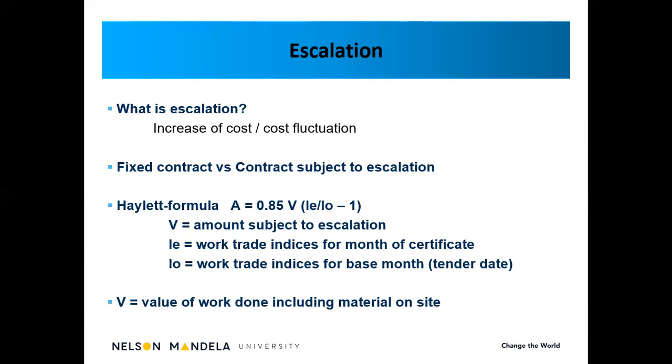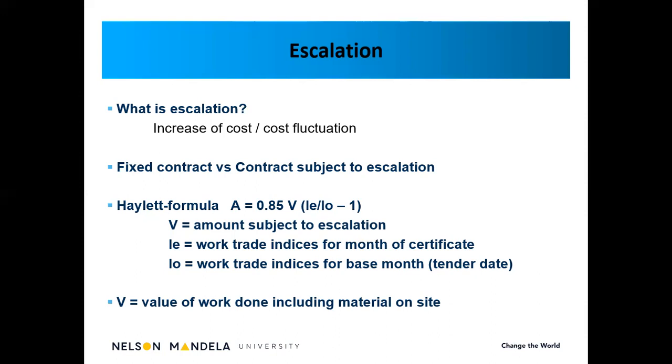Now the IE is the work trade indices that is supplied by the Department of Statistics, which is relevant to the actual month of certificate. So if we prepare a certificate for March 2021, then the IE indices will be for March 2021, whereas the IO is the indices that is applicable for the actual base month, which is the actual tender date. So if the contractor submitted a tender in June 2020, then the indices applicable for June 2020